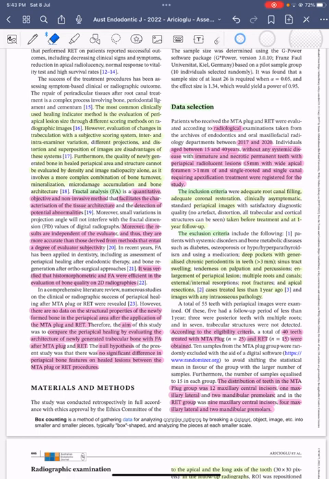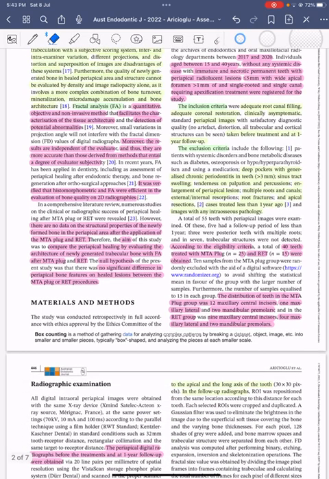Individuals aged between 15 and 14 years without any systemic disease, with immature and necrotic permanent teeth with periapical radiolucent lesion less than or equal to 5 mm, with a wide apical foramen more than 1 mm, and single-rooted and single canal requiring apexification treatment were registered for this study. According to the eligibility criteria, a total of 40 teeth treated with the MTA plug, 25, and RET, 15, were